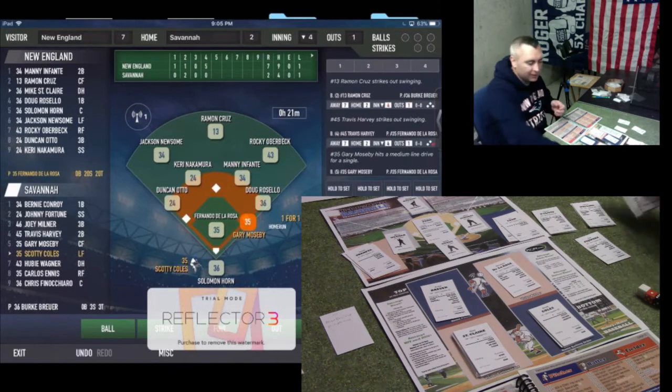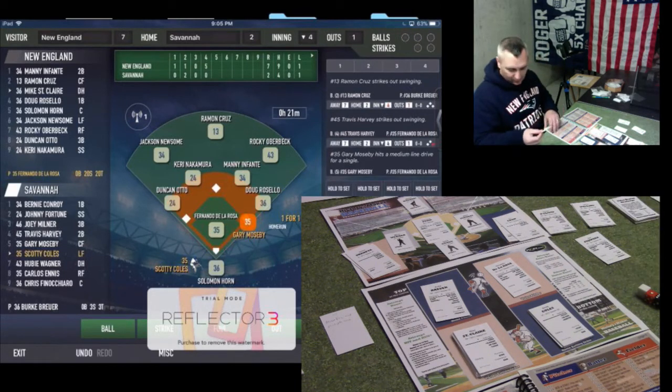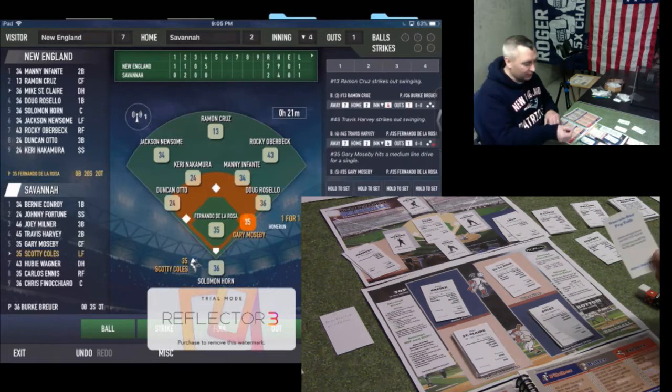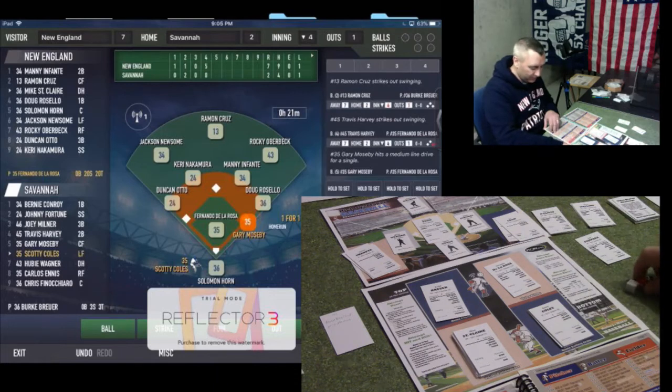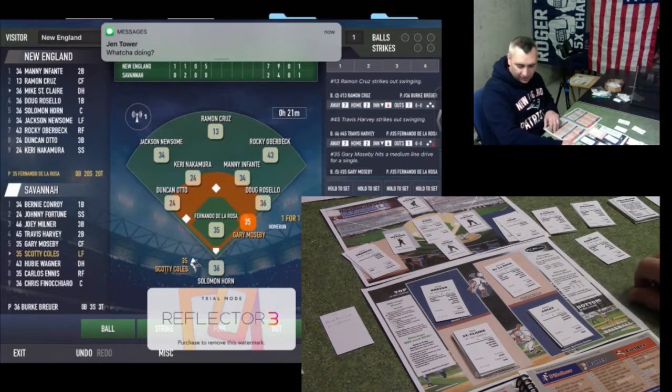I think I am, because it's 7-2, but I don't want to let him jump back in. So I'm going to use my other one-on-one pep talk. And so De La Rosa will become a neutral. But the batter is still...